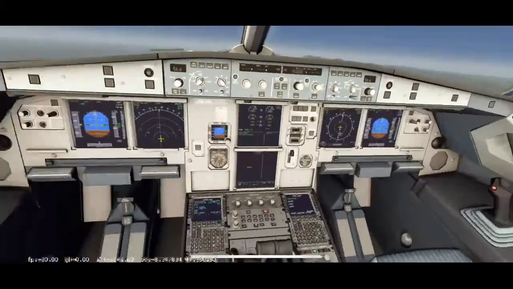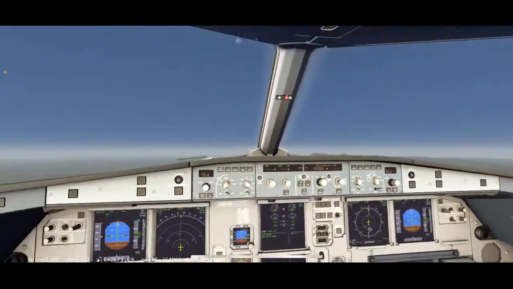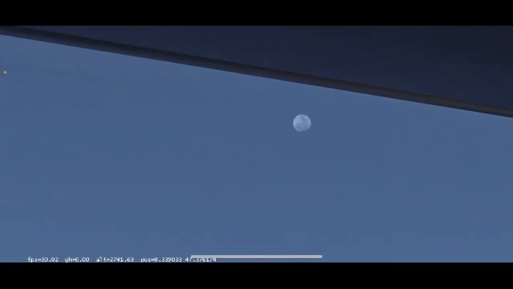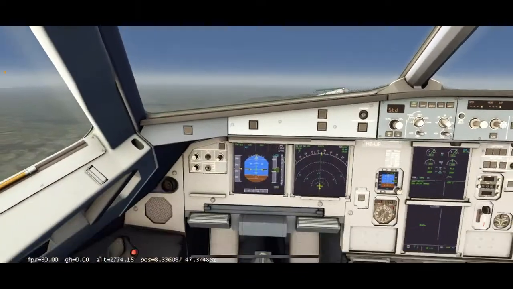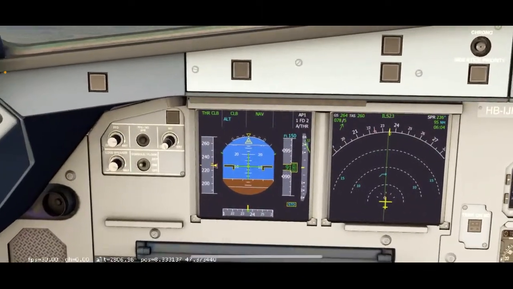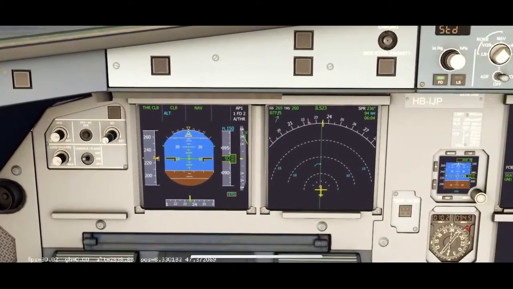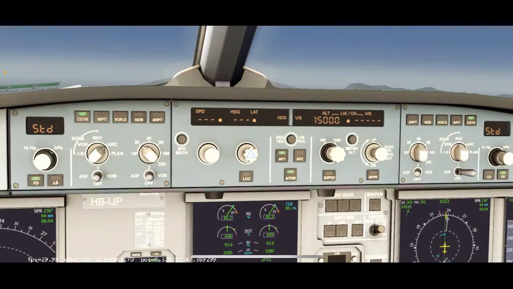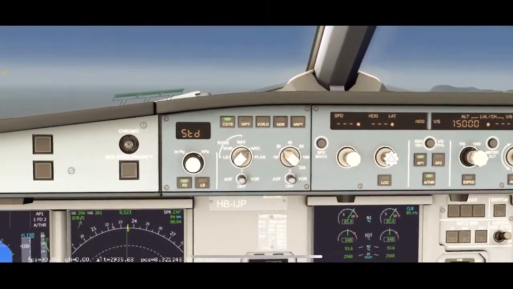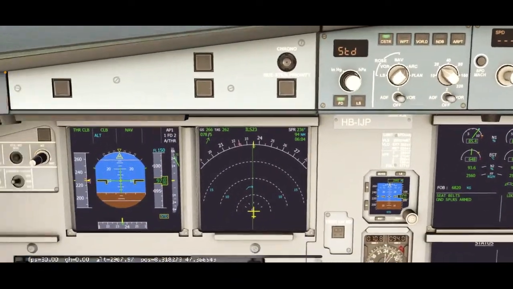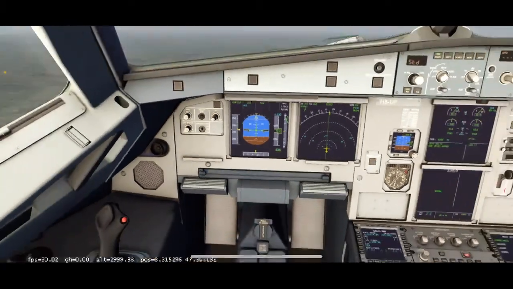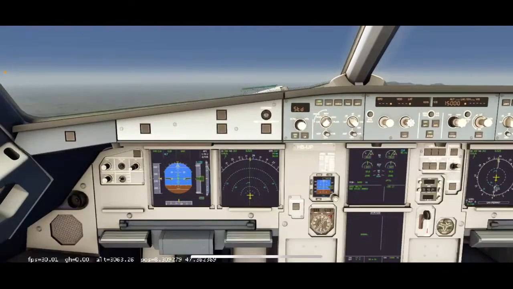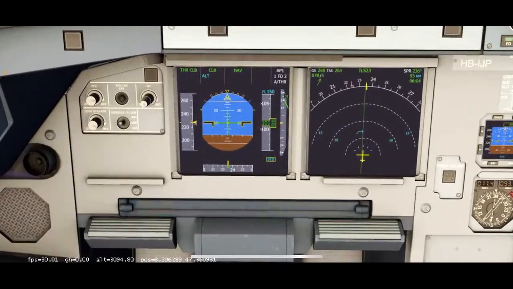Actually, First Officer Dennis. If you guys don't know, this is First Officer Dennis over here, our co-pilot. Got the moon. Oh my god, I love this. Went up to 15,000, checked, and everything is working. Got our constraints on. Turn on that side as well. Absolutely amazing, Aerofly. Landing lights are still on. We'll turn them off after 10,000 feet.